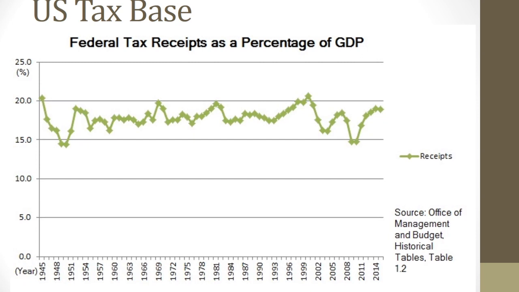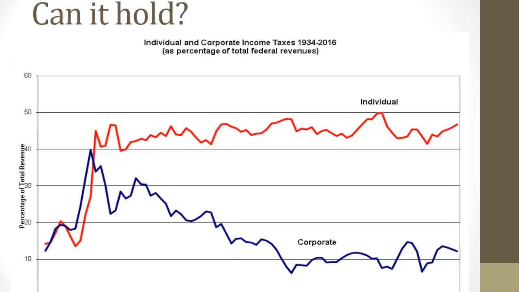tax base seems to be pretty strong. We have maintained a course where everybody seems to be able to pay the taxes that they owe. But how long can we keep this up? If you look at this graph right here, corporations have paid gradually less and less taxes over the last, say, 50 years compared to the individual taxpayer, which seems to be paying more and more as time goes on. Now, we tax our corporations less so that we can keep them in America because we need those jobs, and